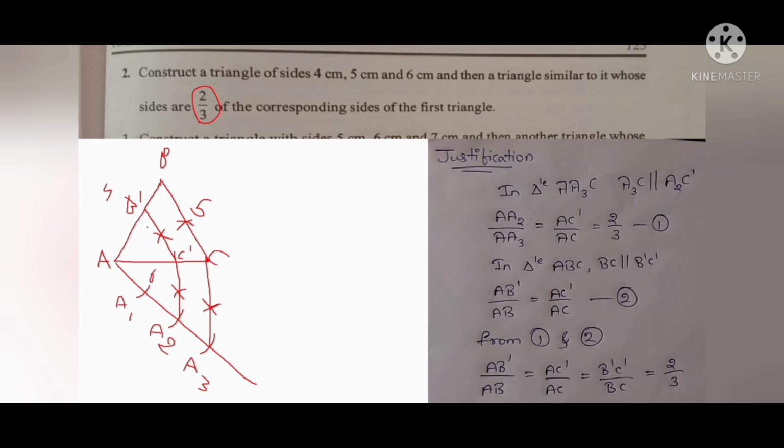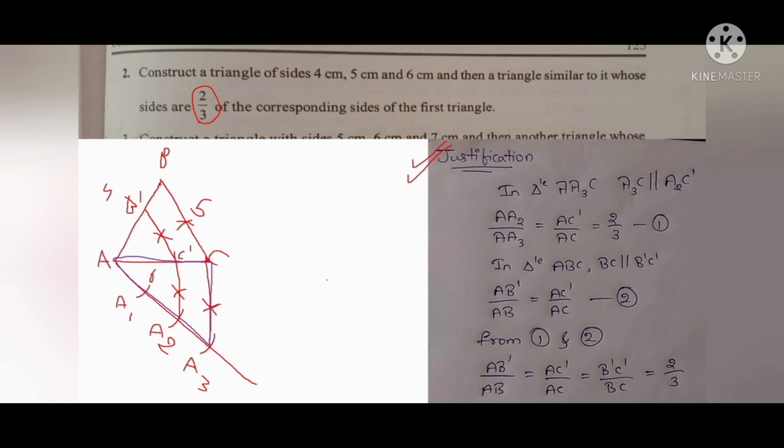Now you have to write the justification. How to write a justification, I will tell you now. First we have to check the two triangles. There you can see ABC and A3, two triangles, correct? BC and B dash C dash are parallel, and CA3 and C dash A2 are parallel, correct? They were given that in triangle A3C,